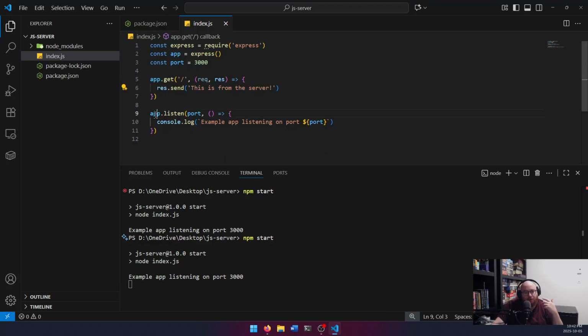Now, the last thing we do is we do app.listen, because until the web server is listening, it doesn't work. The way it works is we download a file, right? So one way to download a file is you just look on your hard drive, you find a file, you open that file up. The other way to do it is you say, hey, I need to get something from someone else's computer. In order to get something from someone else's computer, someone has to be listening for you when you ask for something, right? So you say, hey, I'd like to get something. Think of it like someone ringing on the phone, right? So someone rings on the phone, you